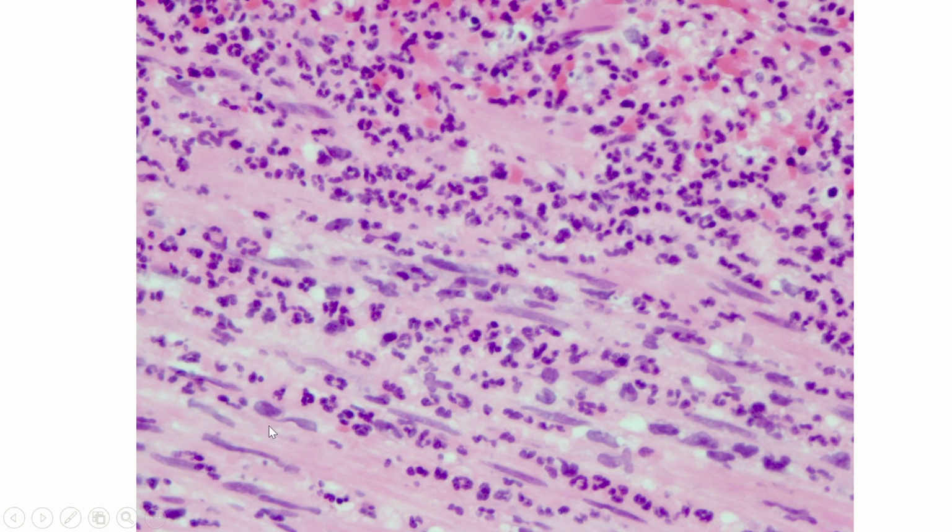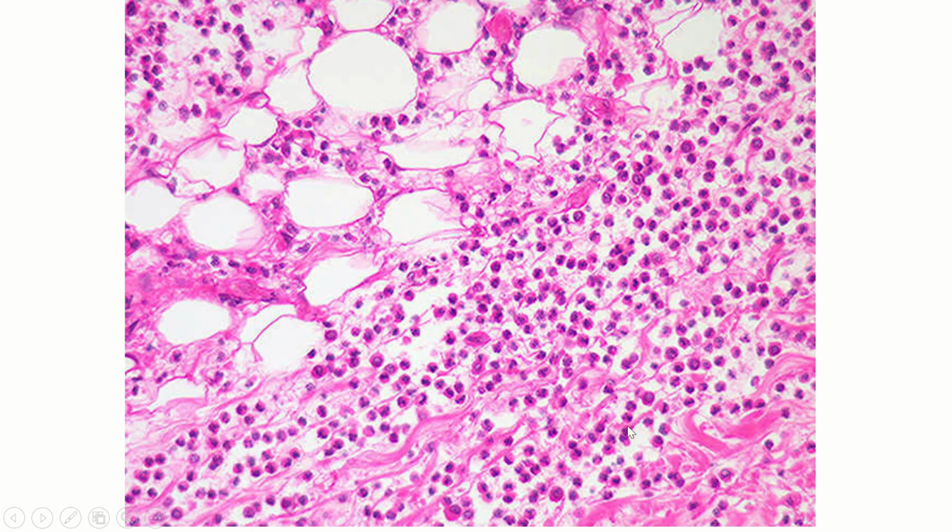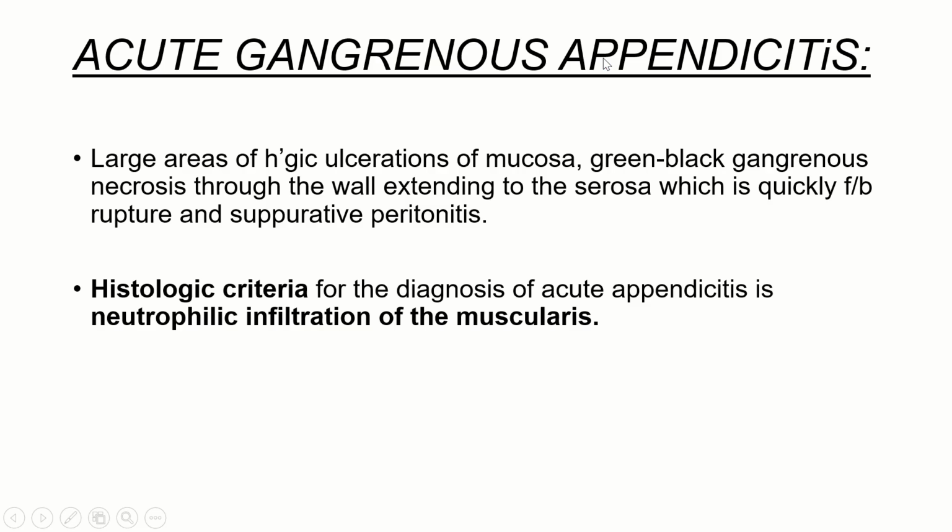This is your transmural inflammation. This is your muscle cell, smooth muscle cell. Smooth muscle cell, as already described, has elongated blunt end nuclei. So these are blunt end. So this is your muscularis externa, and you have neutrophilic infiltration throughout the layer. So this is called transmural inflammation. Now these neutrophils are going into the serosal fat. These are all serosal fat, and you can see the inflammation.